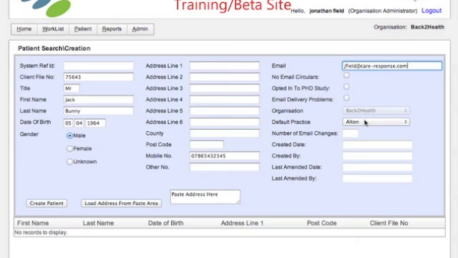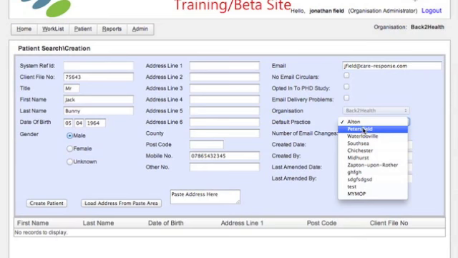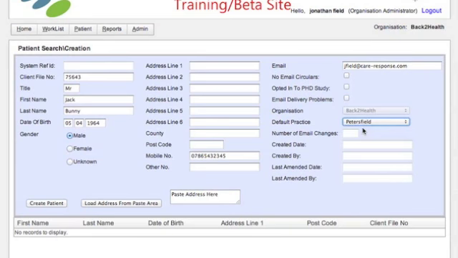The default practice is the practice within your organisation that the patient will usually be seen at. It sets to the one that you as a user are registered to, but it's quite possible to change it to any other practice within your organisation from the pull down list. Once the fields are complete, click the Create Patient button,